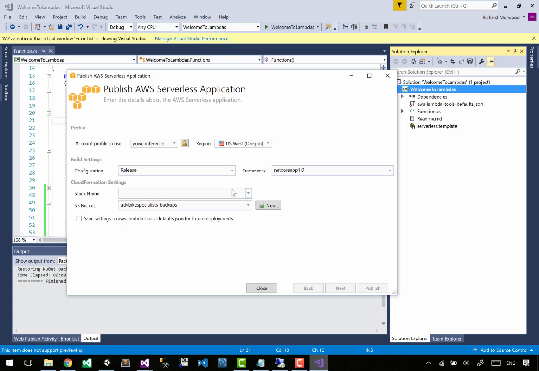The stack name. If this is your first time deploying it, then you should type in your name. What should we call this one? Let's call it